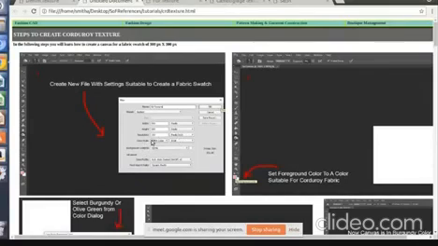In color mode over here you have to select the CMYK color option. This is the color mode you are selecting because you're going to print your assignments on paper. For print media, the color mode is CMYK. If you're doing it for web designing, the color mode is RGB. Is that clear? Now in the background contents, you can select either the option transparent or white. Then you click on OK.